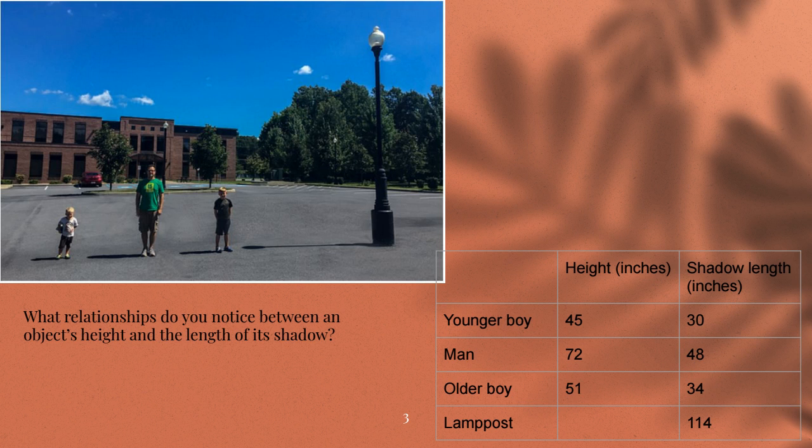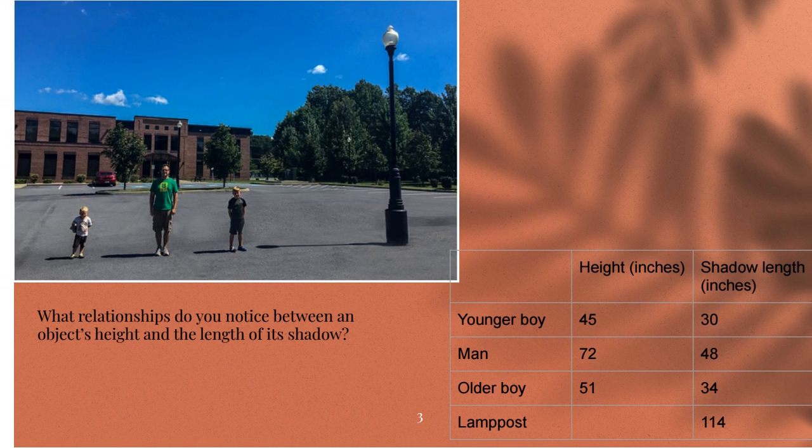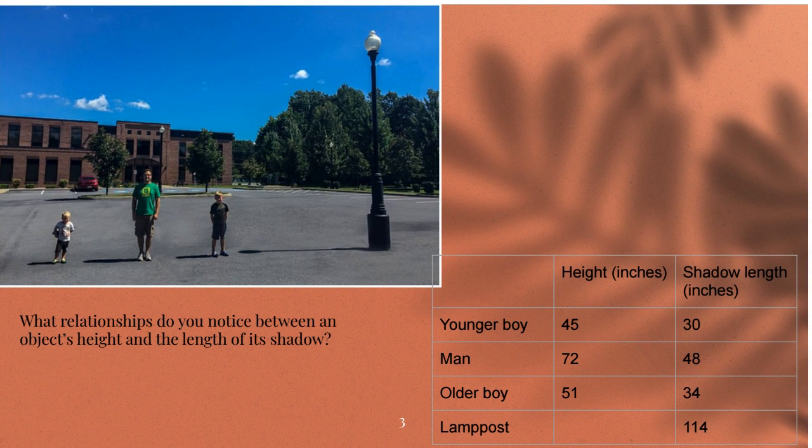It says, what relationship do you notice between an object's height and the length of the shadow? So if I look at the table, I'm given the height of the younger boy, the man, the older boy, and the lamppost. So I will be asked to find the height of the lamppost in just a minute. So in order to know the relationship that we notice, we need to look at the relationship between the height